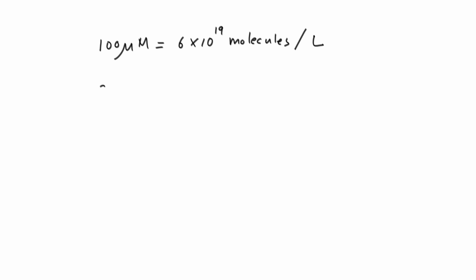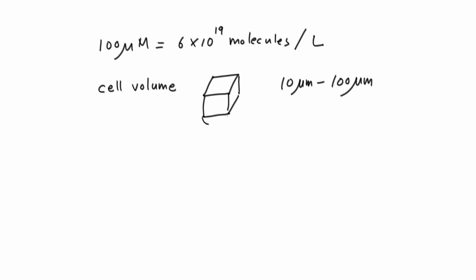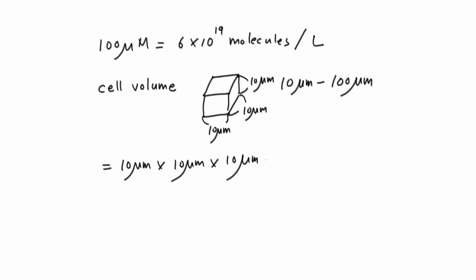Let's think about cell volume. So single cell volume, and we will assume that our cell looks like this, just to make our computation a little bit easy. Typically, a human cell has this size from 10 micrometer to 100 micrometer across. Our cell has 10 micrometer length and 10 micrometer width and 10 micrometer height. Then what is this volume? Now the cell volume is 10 micrometer times 10 micrometer times 10 micrometer, which is 10 times 10 to the power of negative 6